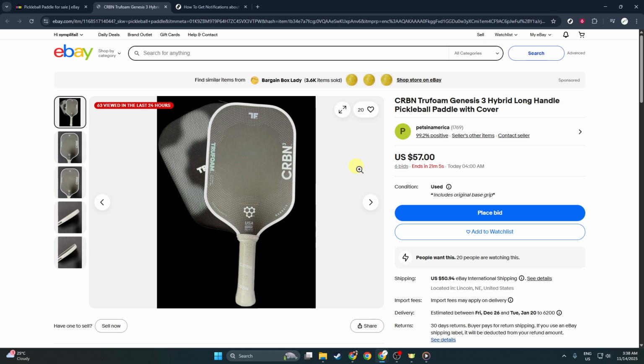After you've decided that this is indeed the item you want to keep tabs on, you need to make use of eBay's watchlist feature. You'll see an option to Add to Watchlist. Clicking this option tags the item in such a way that you're able to receive notifications. Essentially, you're telling eBay that you'd like to be kept in the loop regarding any changes or updates about this specific product. This feature is particularly handy for those who are waiting for a price drop or back in stock